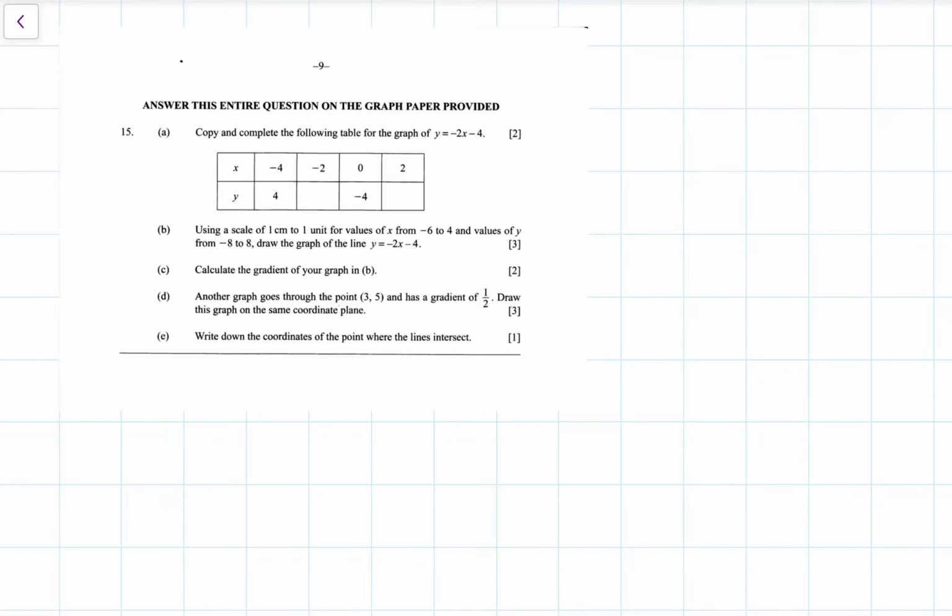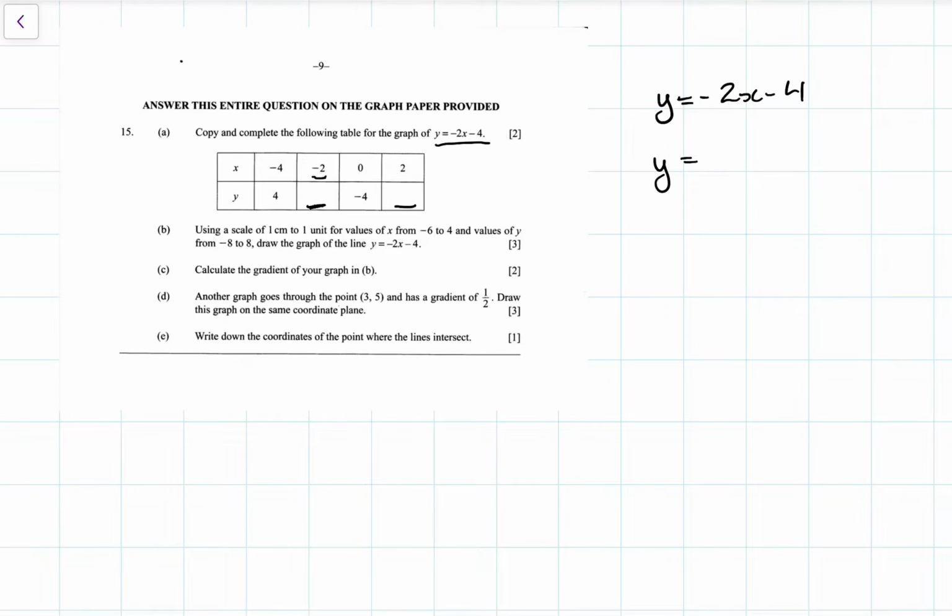too. So first, we have to complete the table of values, and we were given the formula for the graph, which is y equals negative 2x minus 4, as we can see here. So it says to copy and complete the following table for the graph of y equals negative 2x minus 4. So what we're going to quickly do is use this equation here and plug in the values of x, for which we would find the y value. So let's plug in the x value for the first one,